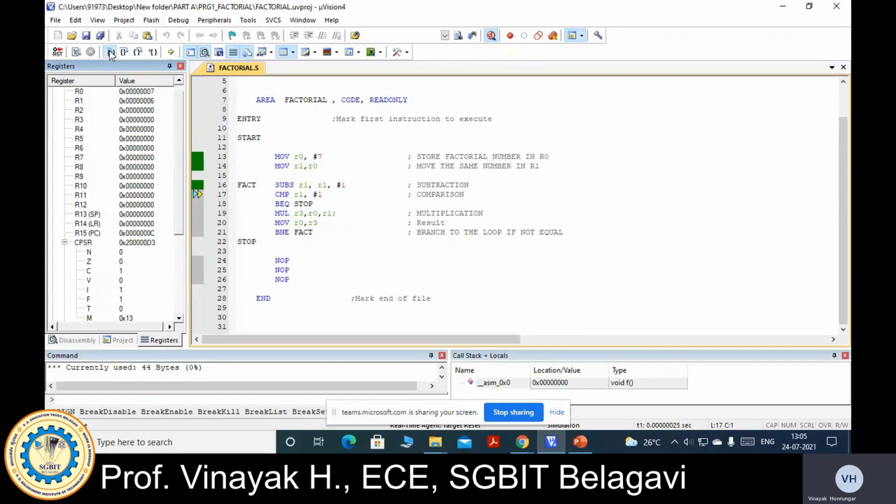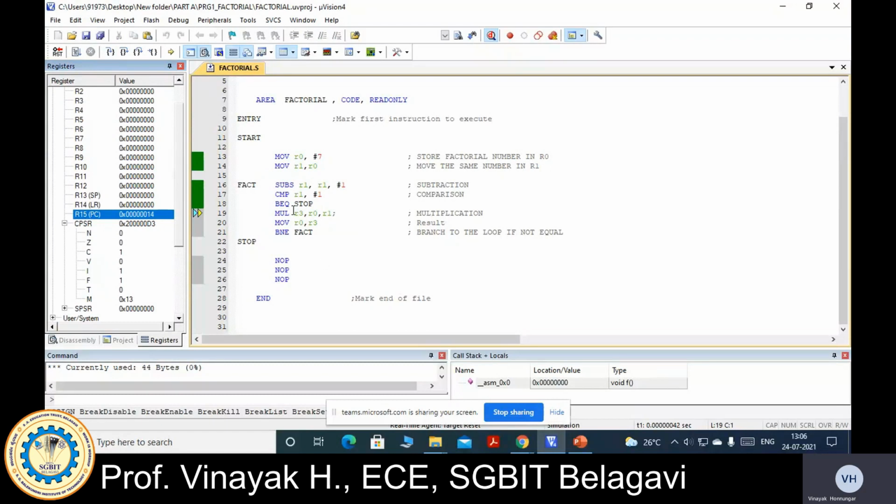I'll just execute the compare instruction, see your program control. Then branch on equal. It is not going to stop because it is not equal. 6 is not equal to 1, so it has to go for the multiplication operation. Now R3 is what?